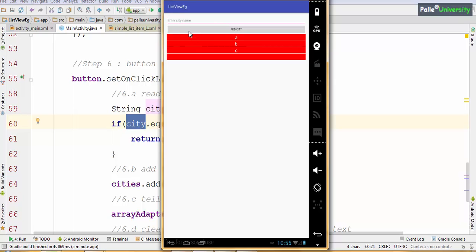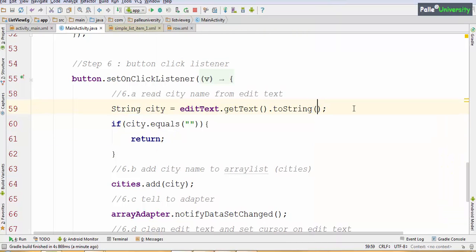Let us say the user has typed space Noida space. So we should remove this space as well as the starting space, and then we have to check whether it is an empty string or not. Let me show you how to remove starting spaces and ending spaces from your string. It is very simple.